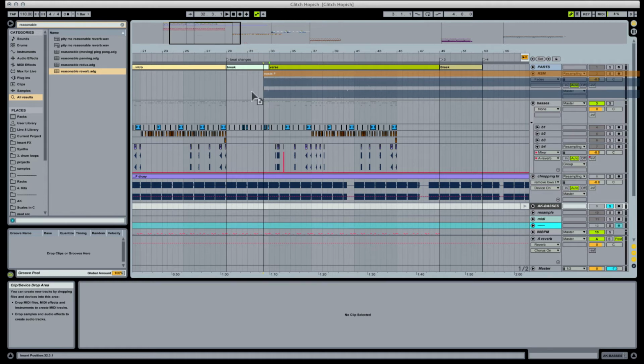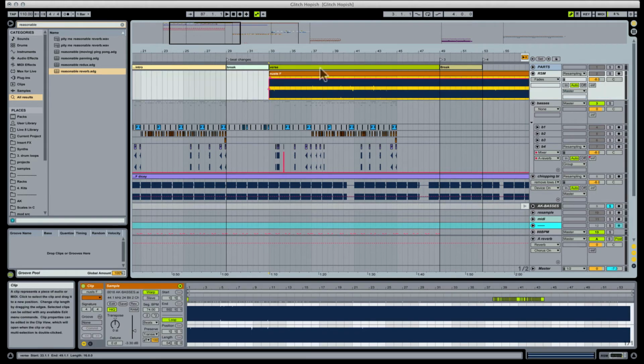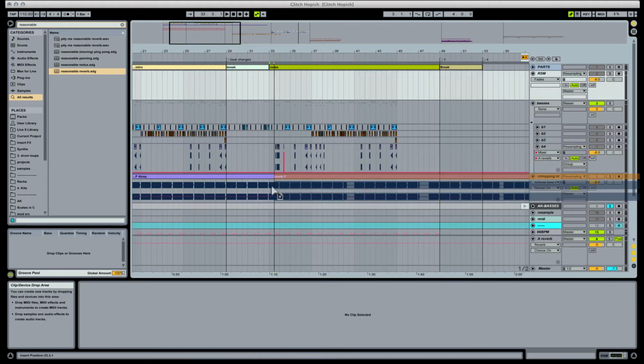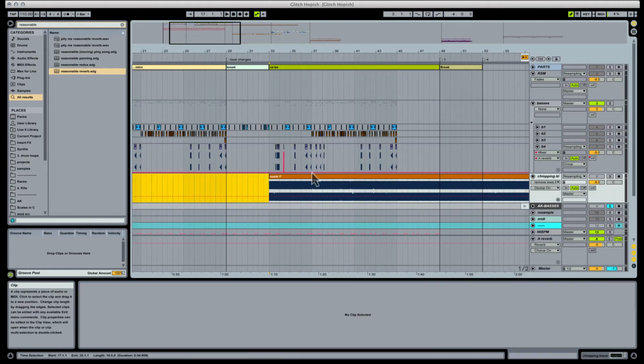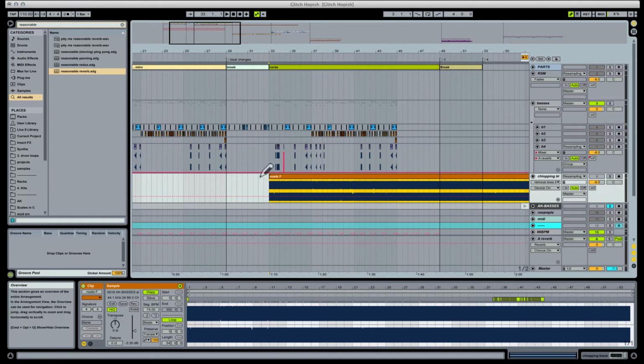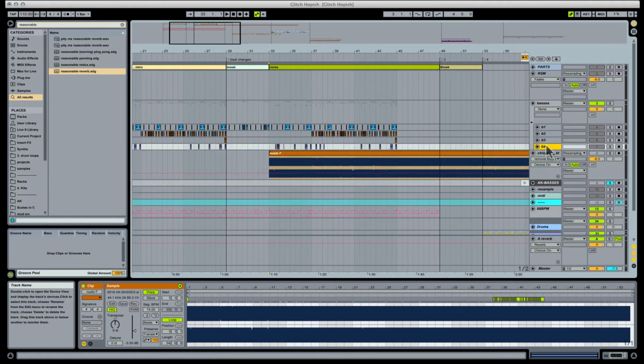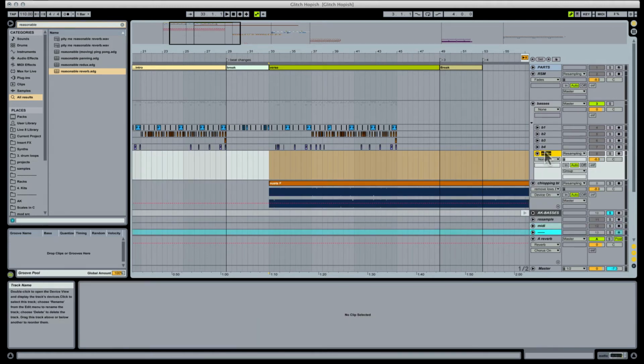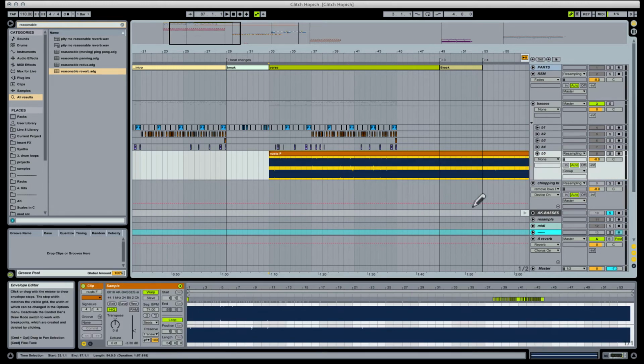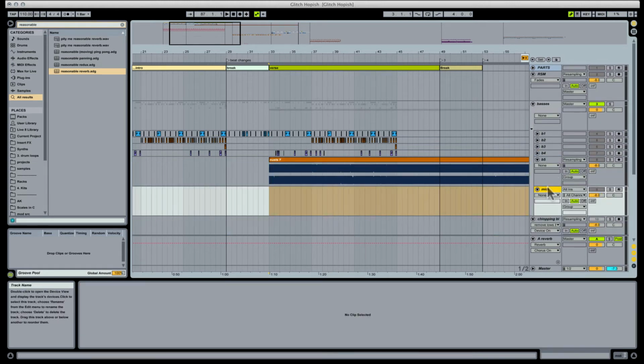One thing that might be interesting, we'll try another way of chopping this up. Oops, that doesn't go there. This goes on my chopping block. And the chopping block is good because it can keep you sort of in time too. So I know that this is what I have to do next. What I might do here is actually just take this whole thing and make a bass 5 track, and then take this and put it here, and then create a new MIDI track and put an